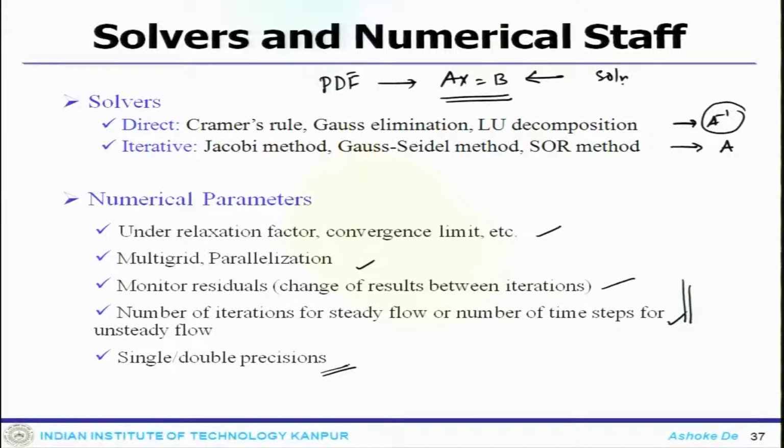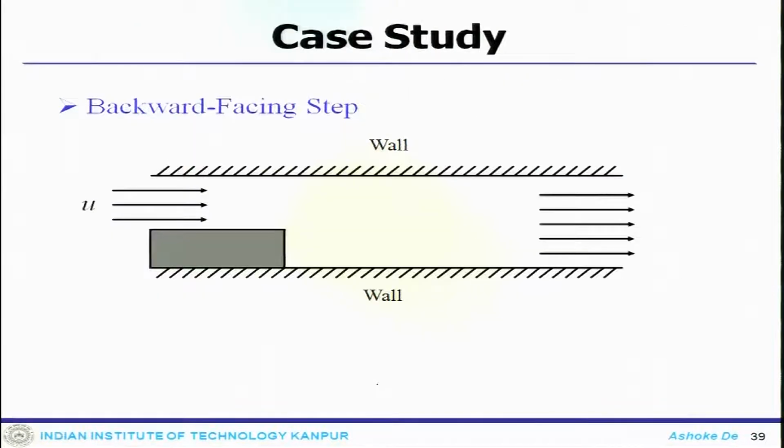Then the precision, which again has to do with the computer architecture. If you have a high end architecture, you can get better precision; if you have a low end architecture, you can get lower precision of the solutions, and to some extent it depends on how you define your variables in the system. So the data structures and the variable definitions would be the factors for how much precision I would expect.